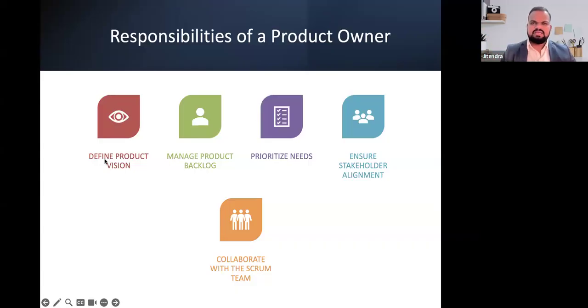So product vision is just a couple of lines, or mostly we use a one-line statement. Although it's not done by the PO, mostly the product manager does, as a product owner you are going to be much more instrumental, and you need to have clarity on this. Next step over here is, as a product owner, you are going to decide what all features are required.